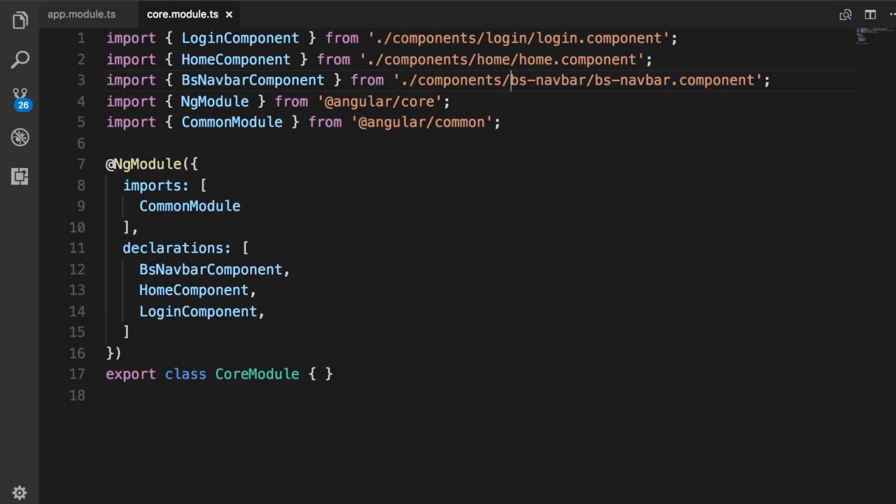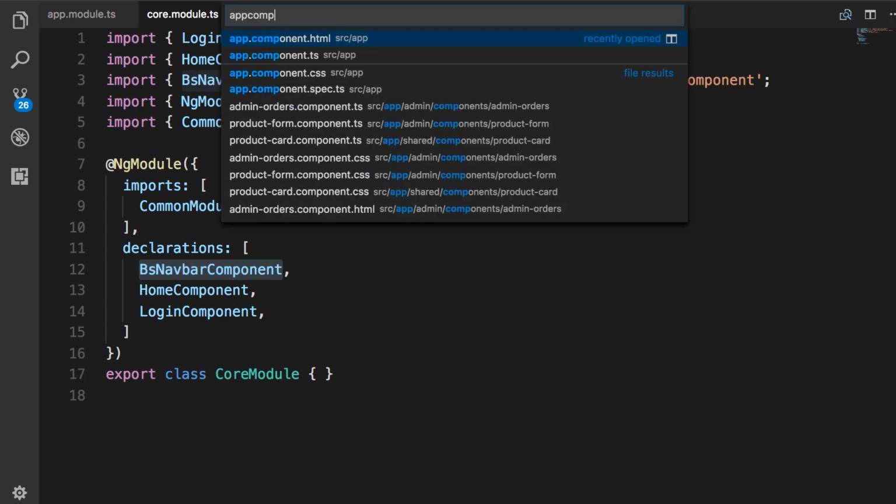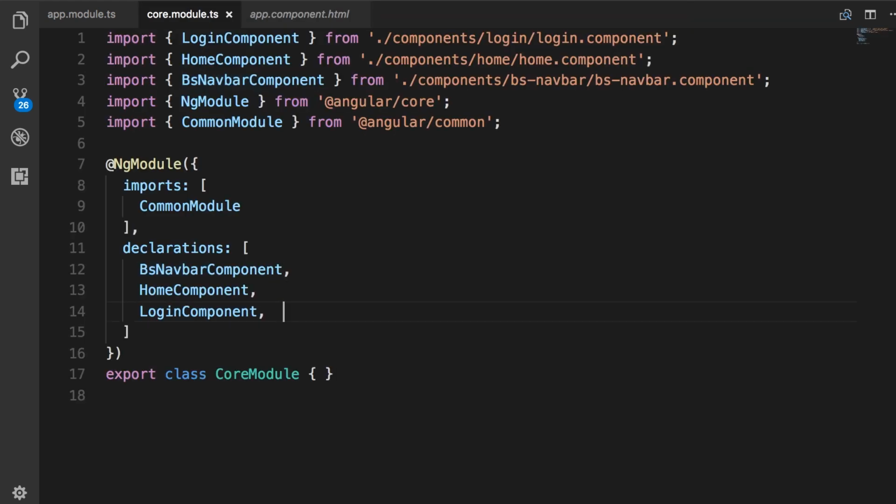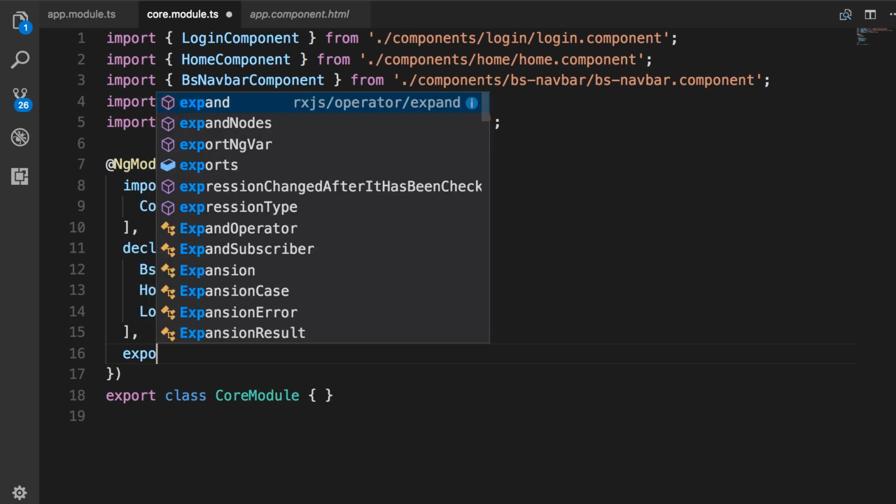So here's the end result. We have a simple, lightweight module with these components. Now we need to export this bootstrap navbar component because we have used this in the template for app component. So let's go to app component.html. Look, on the top, we have used the bootstrap navigation bar component. So back to our core module. Here we want to export